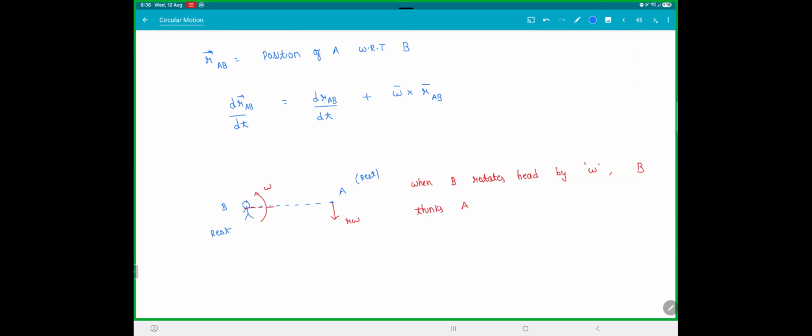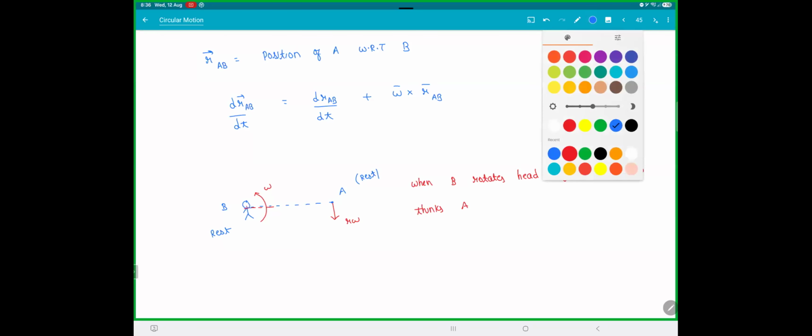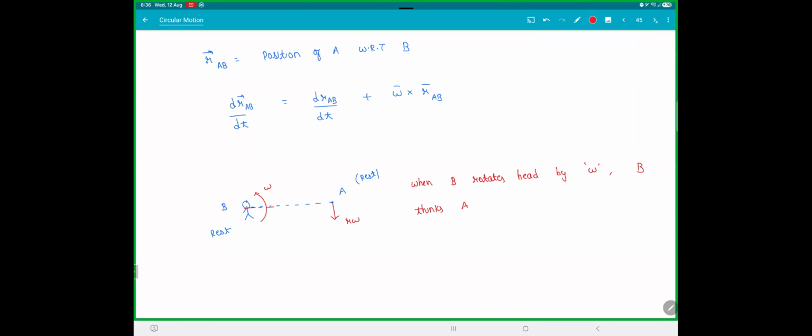Everyone is at rest, but just because you're rotating your head, it gives you an illusion that A is going back. So you can actually create relative motion by also rotating your head. B thinks A is going back by R omega. If you try to write this in vector form,